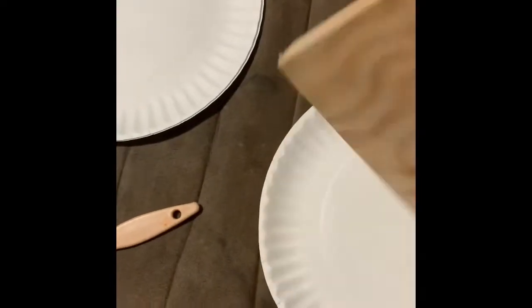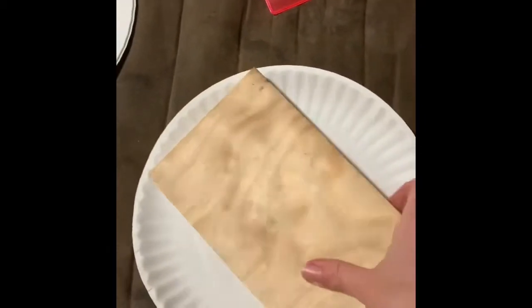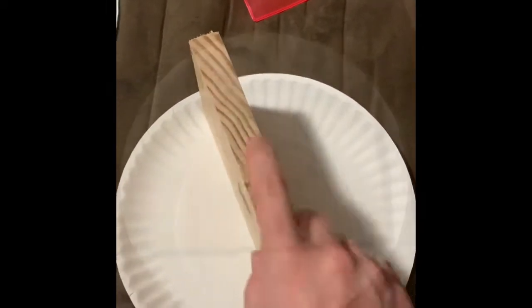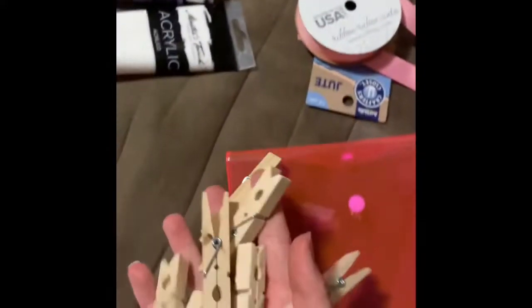So first we're just going to sand it. Luckily for me, both sides have already been sanded from a previous project. I'm just going to sand the edges that are, oh, that one's smooth. This one is rough. So next step is just to paint this the pink color. Like I said, we're going to leave this one the rustic, and we're going to paint the clothespins pink as